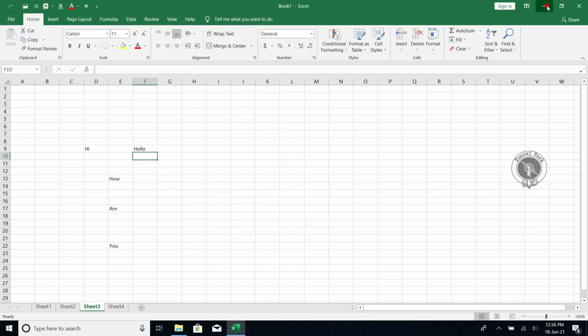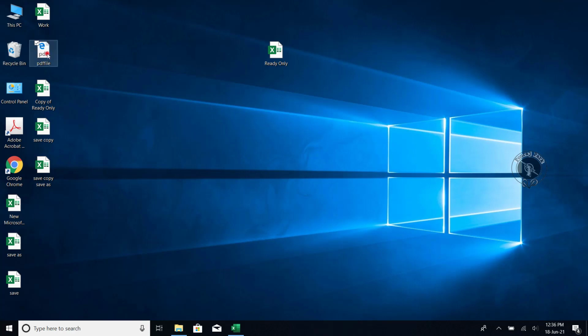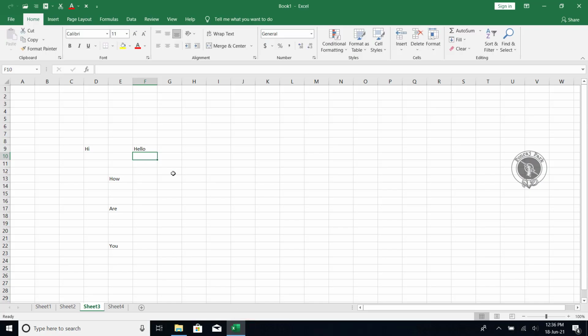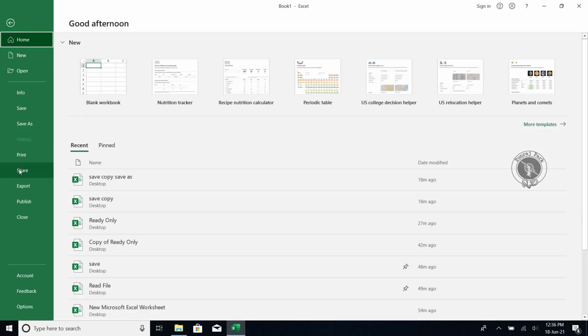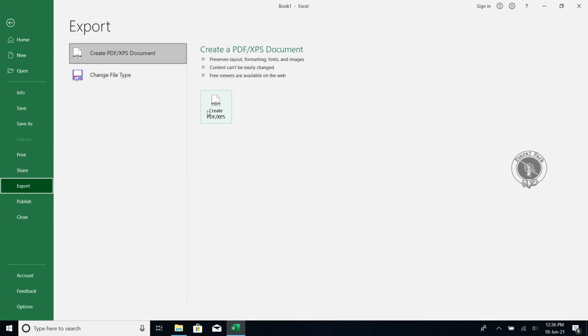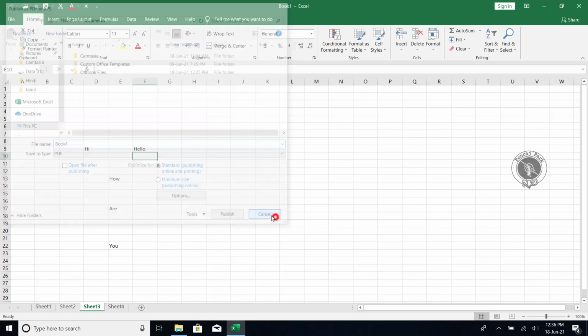So you will have your PDF file. Okay, if you want to export this file as XPS, you can select XPS here.